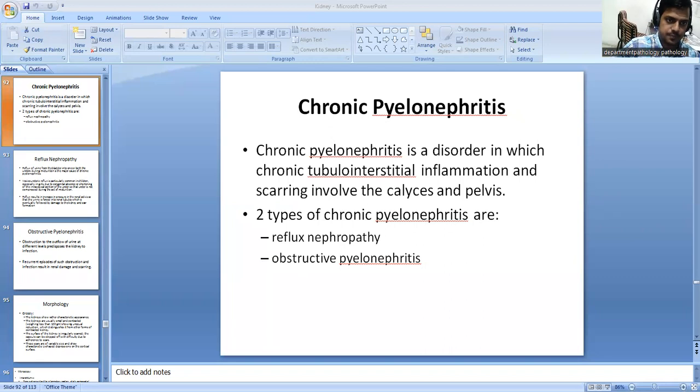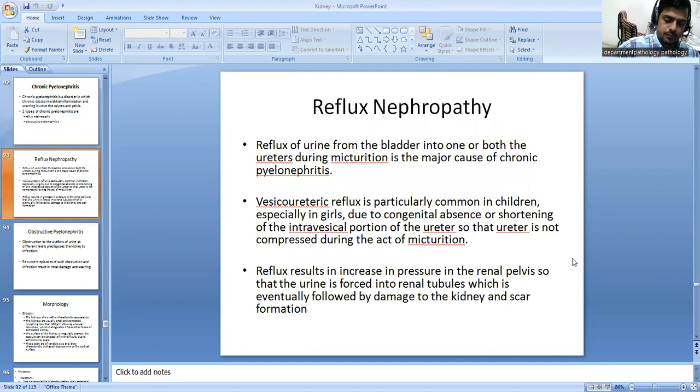Chronic pyelonephritis. Chronic pyelonephritis is a disorder in which chronic tubulointerstitial inflammation and scarring involve the calyces and pelvis. Two types of chronic pyelonephritis are reflux nephropathy and obstructive pyelonephritis. First, reflux nephropathy. Reflux of urine from the bladder into one or both the ureters during maturation is the major